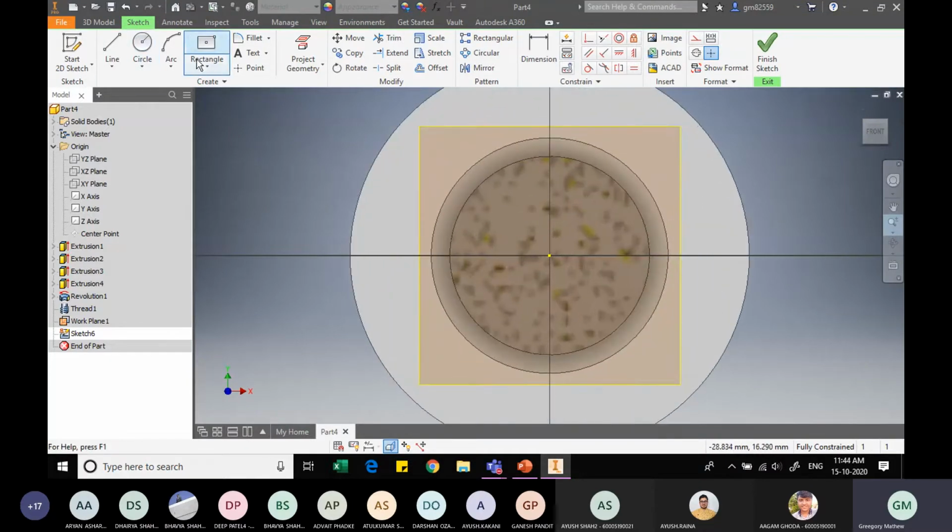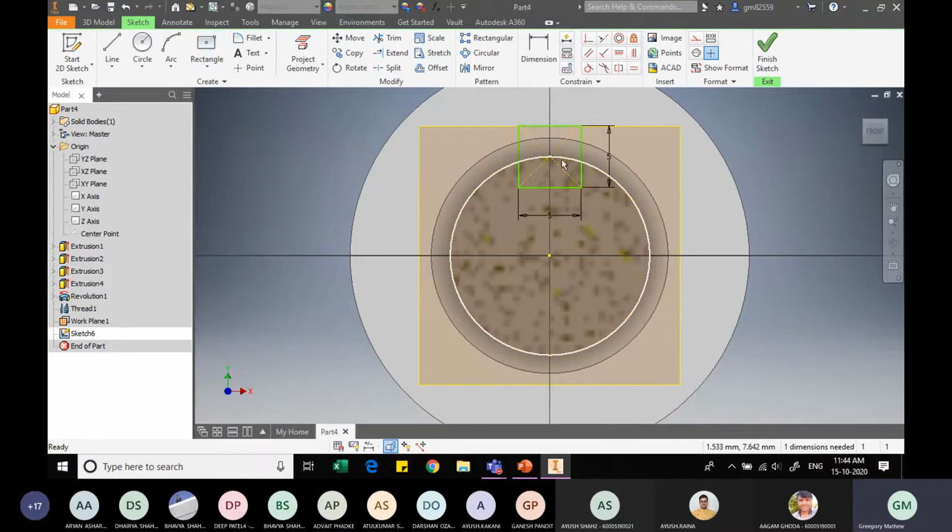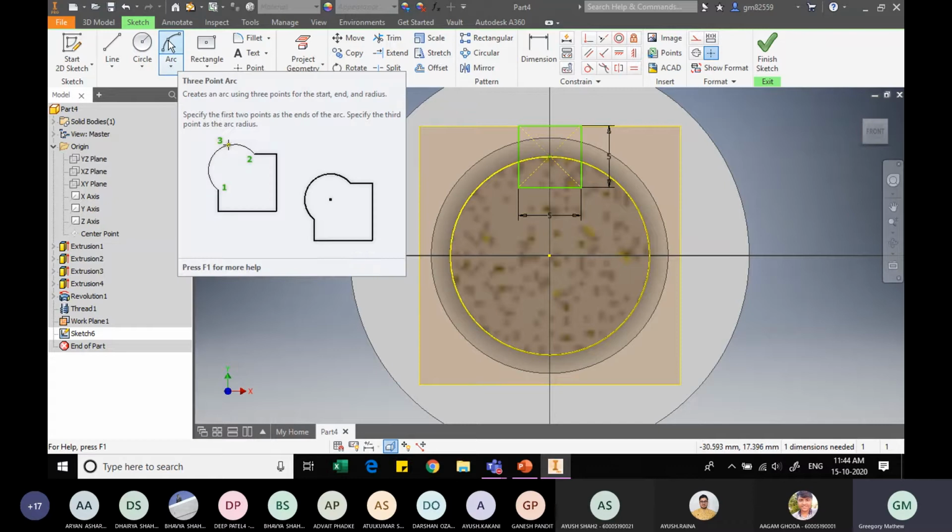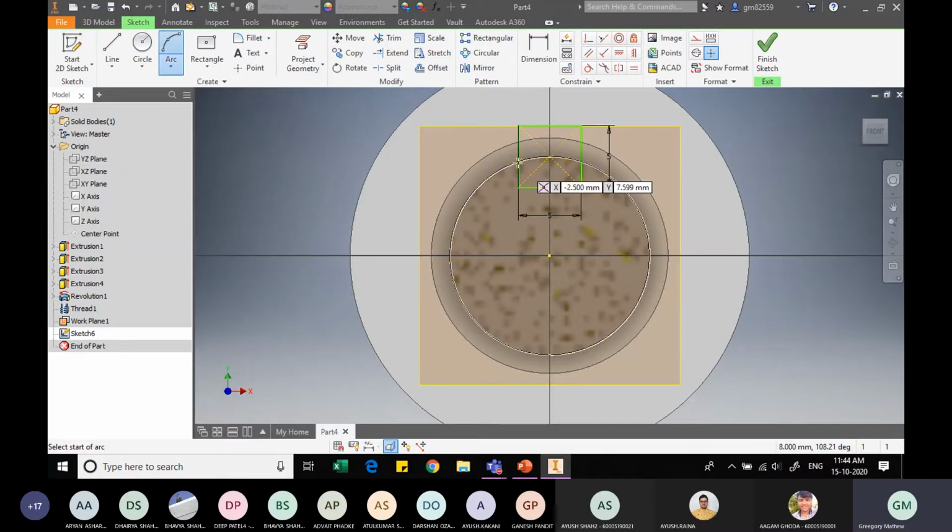Yeah. So let me now place a 2-point center rectangle, such that this is where my key is going to lie. And I know the width is to be 5, and the total height is also 10.5. However, only 2.5, the portion of the key that is going to sit, will be only 2.5 mm. So that is why I need to trim this. So before trimming, let me complete the arc. So using 3-point arc, I will show this is my first point, this is my second point, and the third point will be this point here.